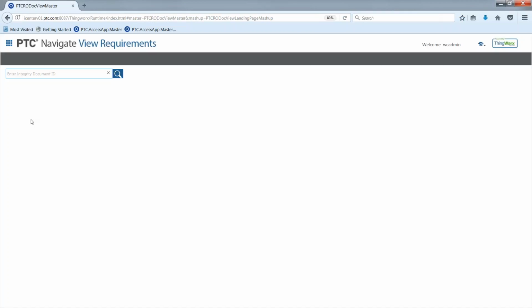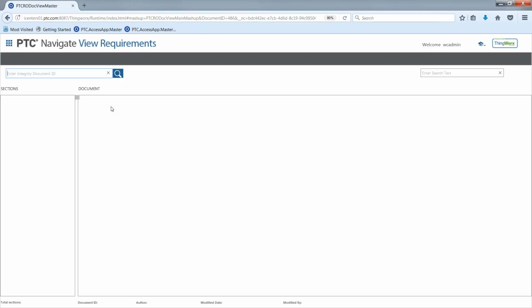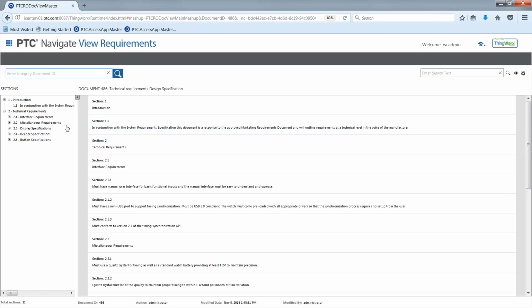Now the requirements. For this, we are using Integrity, and this is our product management tool. It lays out specifications and requirements for our products. So if we go in here and just type in an ID, now you can see it pulls up